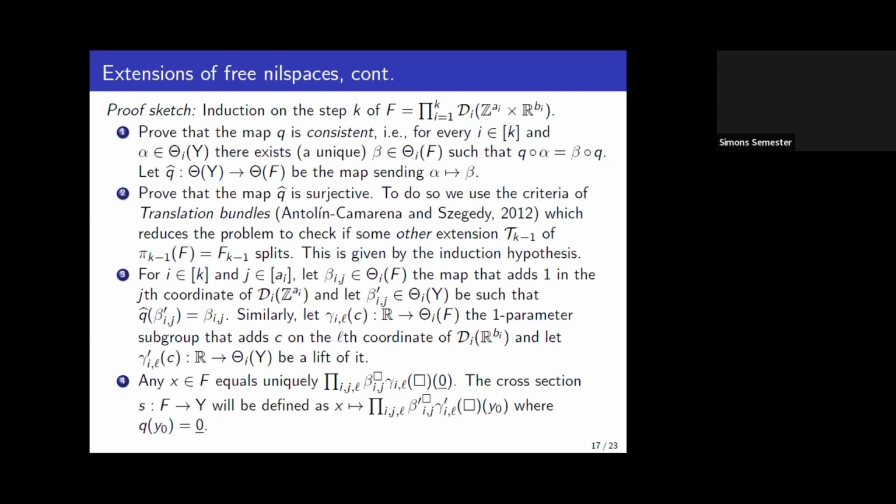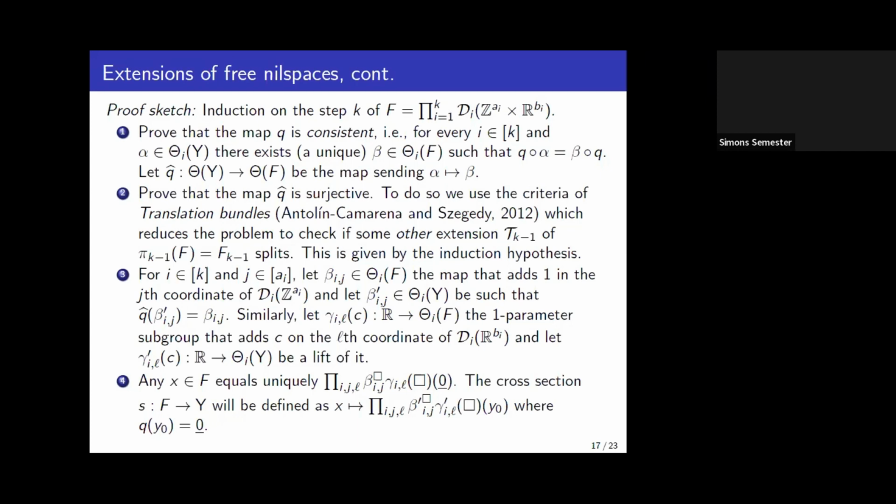And we do this very manually, in some sense. We take these translations that just add one in one coordinate. We take the one-parameter subgroups. This can be considered as infinitesimal generators for the continuous coordinates. We need this kind of machinery. And then we lift them all. We can do this because all of this will turn out to be Lie groups, and all this can be done. And finally, we construct the cross-section in this manual way of saying, okay, any point